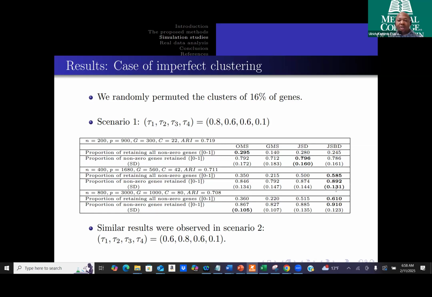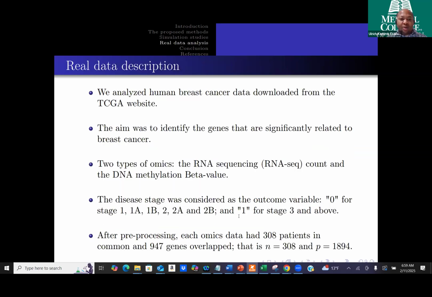And also you will see that the performance of all the methods here is relatively lower compared to the performance when the clusters are well identified. And similar results were observed in scenario 2. So we applied our method to the human breast cancer data that was downloaded from the TCGA website,